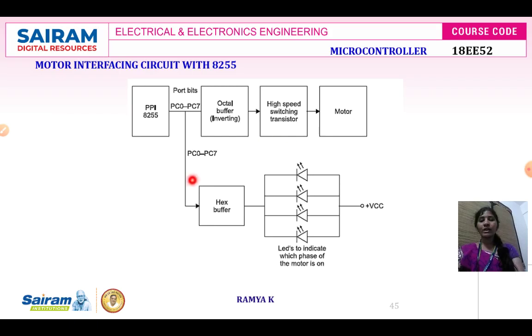To make a control signal, because you have to identify whether it is operating with the proper voltage and current and whether it is rotating at a particular angle, you have to use control signals like interrupt acknowledge, output buffer full, input buffer full. All these control signals will be combinedly utilized in PC0 to PC7 to have a complete motor control.